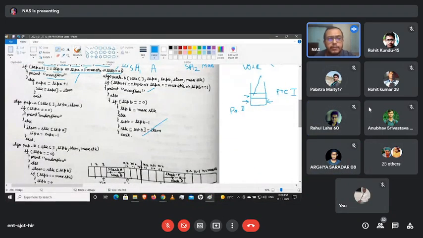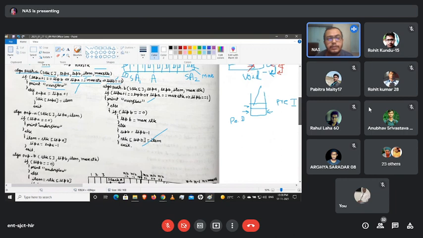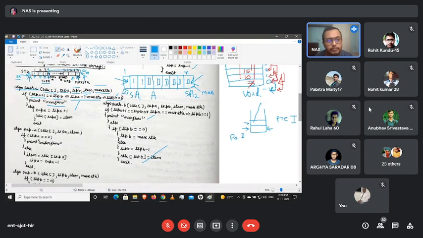So what are the pop operations? First we have to check the underflow condition. The underflow condition is basically the same, simple for top A: if top A equals 0, our top A position is right now in the void position. This one is the 0th position for top A and this one is the 0th position for top B, because we are inserting on both sides, so obviously this one will be the 0th position and this one will be the 0th position, the starting position. So that's the simple underflow condition. If top A equals 0, our particular pointer is in the void position, there is nothing to delete there, and so the underflow condition is going to occur.